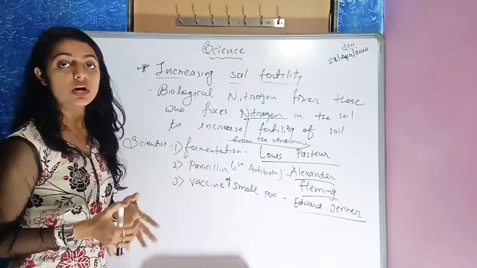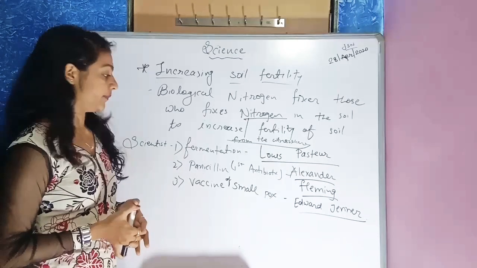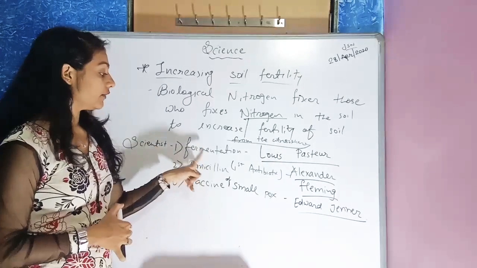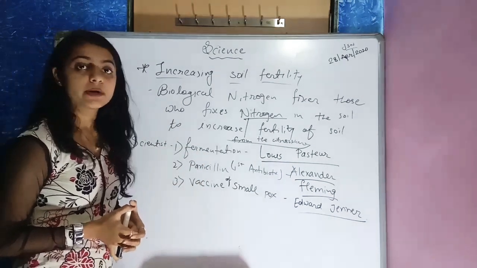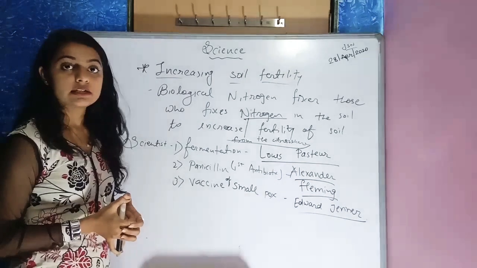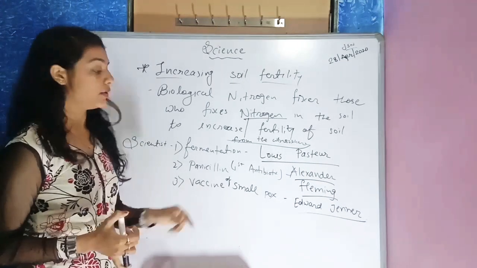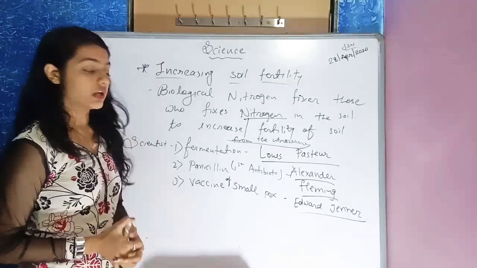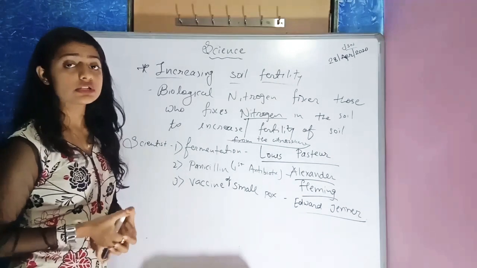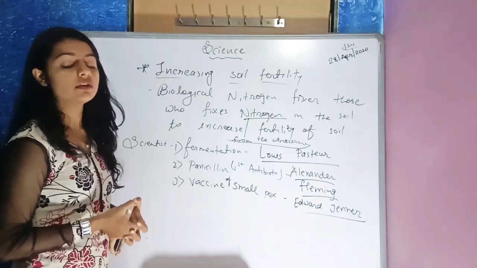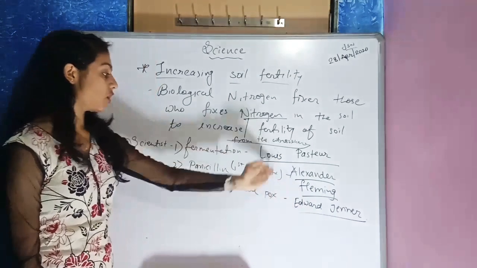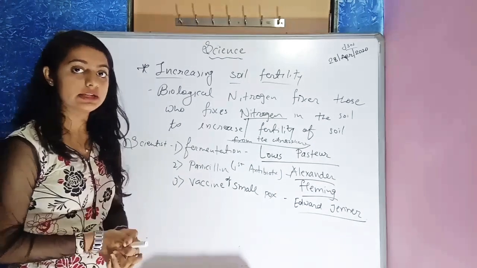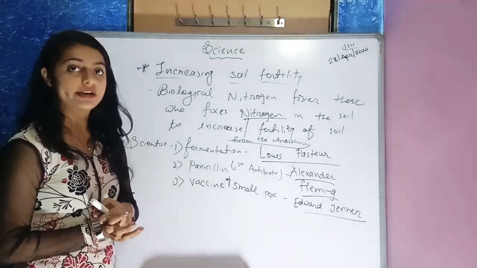Okay, now येलो कलर के बॉक्स में आपको दिया होगा, name of scientist, मतलब कि किसने invention किया है? Inventor. So fermentation, who has invented fermentation? First time, Louis Pasteur. Remember that. Inventor of fermentation, Louis Pasteur. Who has invented penicillin? Who is the founder of penicillin? First time antibiotic, penicillin is the first antibiotic. तो किसने found किया? Alexander Fleming. And vaccine of smallpox, smallpox की vaccine किसने found की? That is Edward Jenner. So this all were about scientists, याद रखना कि fermentation, Louis Pasteur, Alexander Fleming for penicillin, and Edward Jenner is for vaccine.